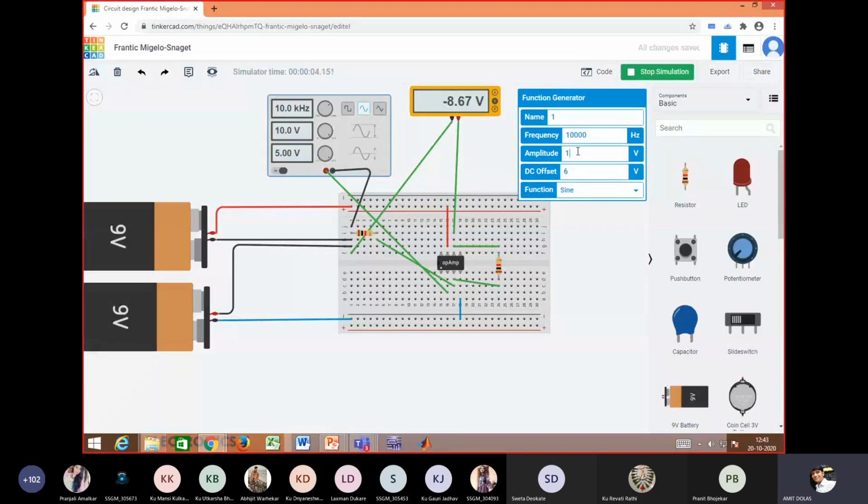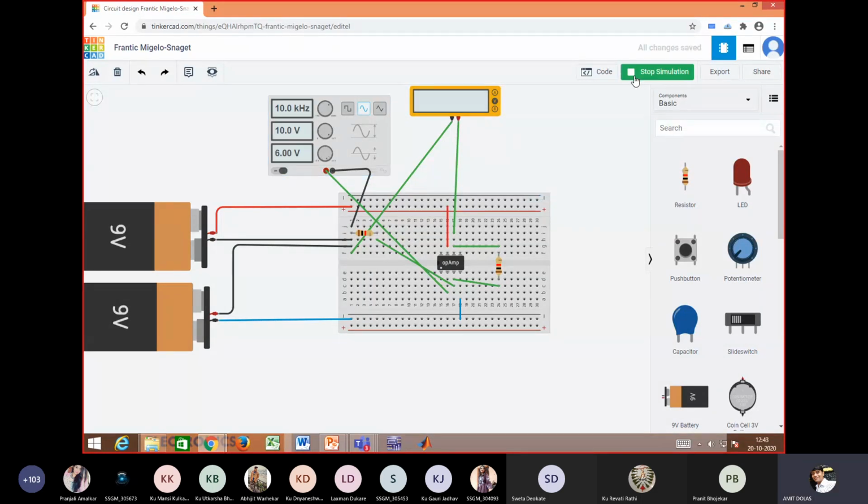Let's check. And is again minus Vsat value at the output.